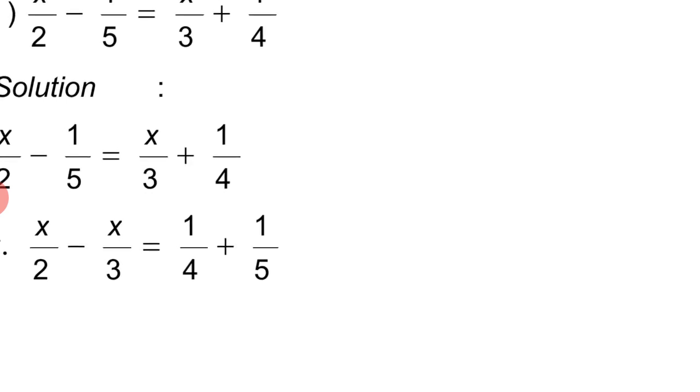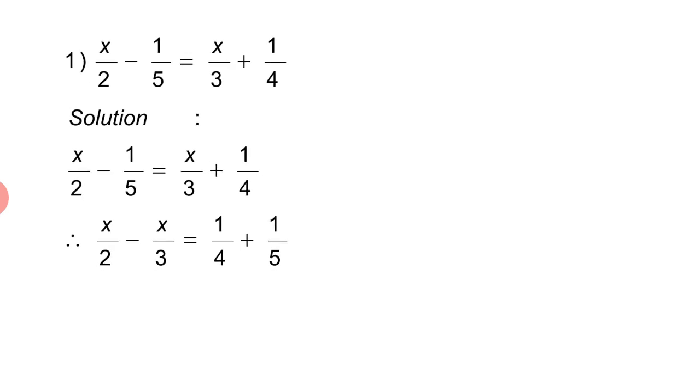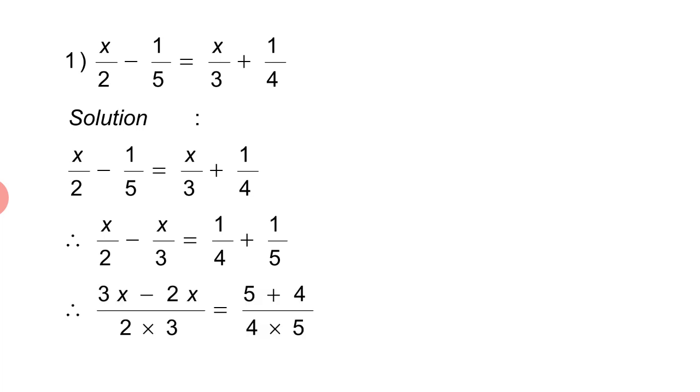Now you will find LHS actually has two fractions or rational numbers whose denominators are different, as well as in RHS we have two rational numbers whose denominators are different. So now to further simplify, what we need to do, we need to make the denominators same. Now I am using some other technique. You can learn it or you can go with the previous techniques which you have followed. So now 2 and 3, what is the LCM? 6. So here what I have done, I have just